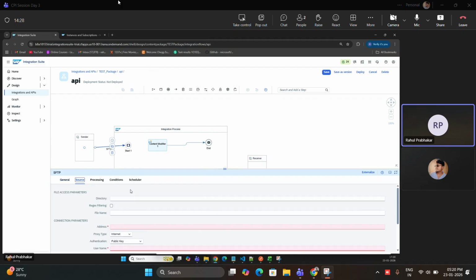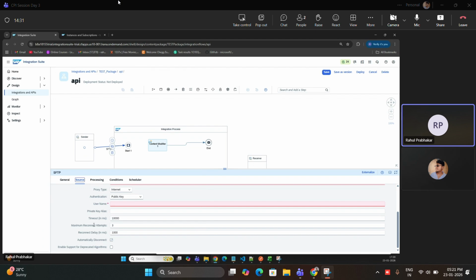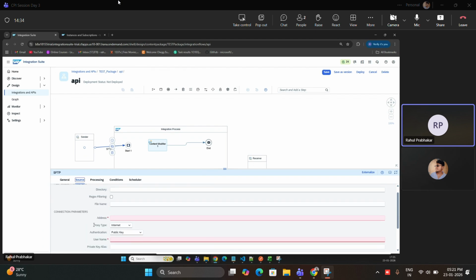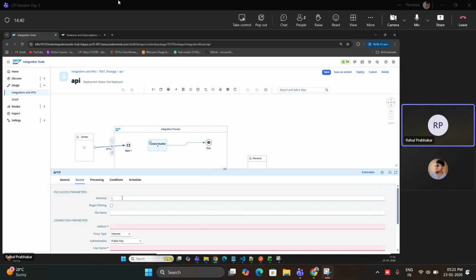Now here are the different configuration parameters which you need to understand and then configure. For example, directory. Directory means, if you are picking up a file from some server, you will be asking for the directory details from them. Now what are directory details? How can you visualize it? Say, for example,